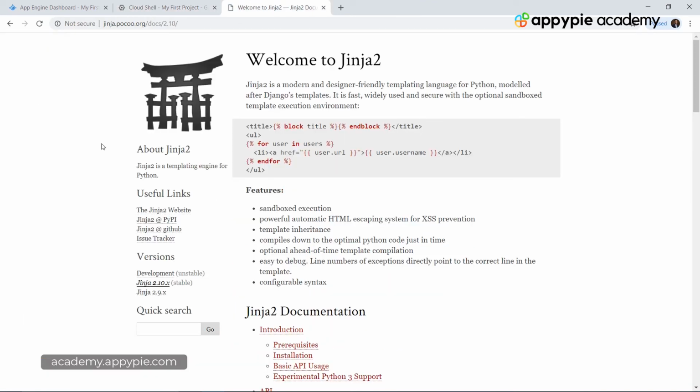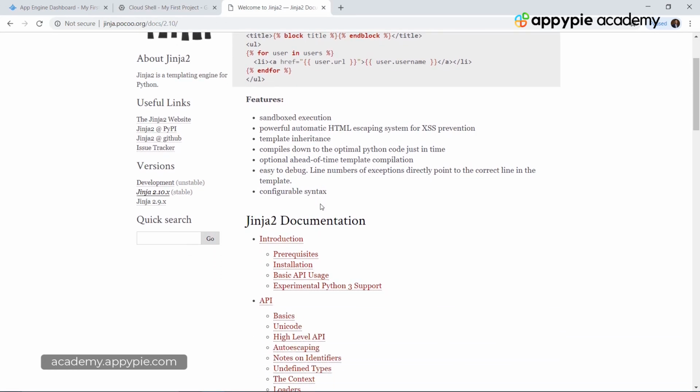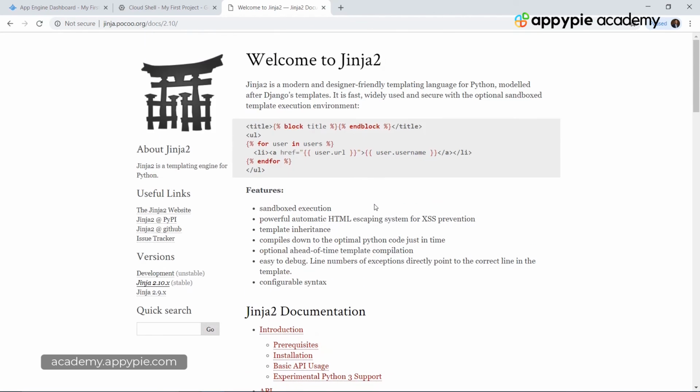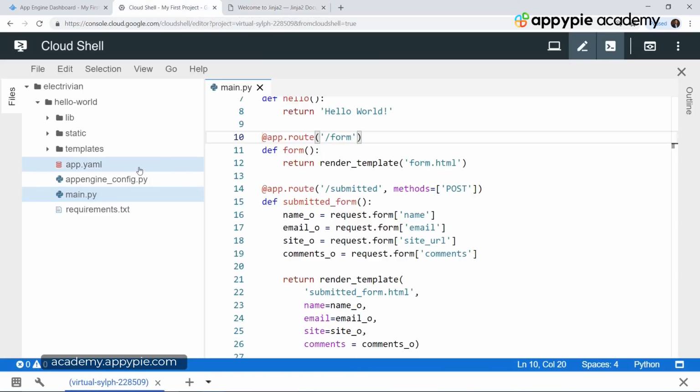Okay, so with this, as we now have a very basic grip on what Jinja 2 is, you can go into good detail on what Jinja 2 is. This is an excellent website. I have it linked in the lecture resources over here. And yes, that is pretty much it for the Jinja 2 template. It will be more clear when we actually start using the Jinja template from the next lecture.